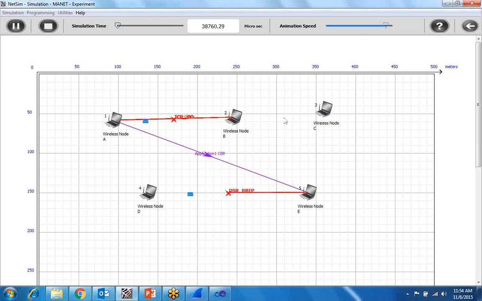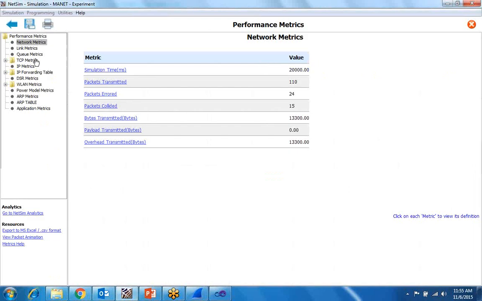We can change the animation speed from slower to higher. After this, all the details are the same.